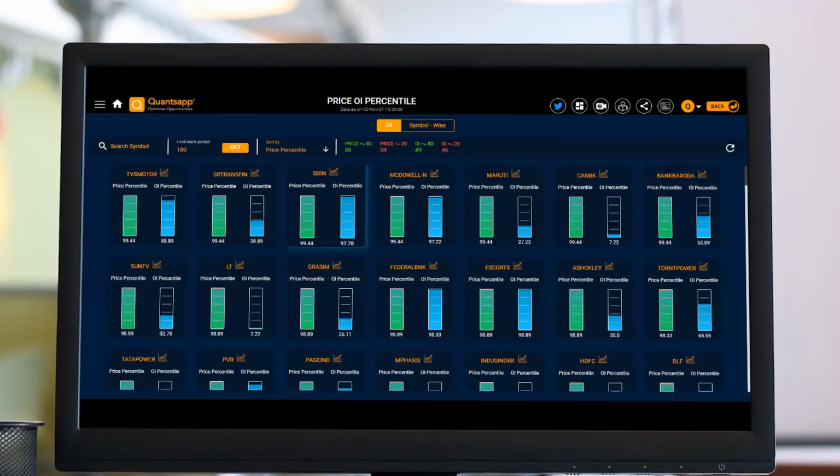No. Because we don't know what the historical strength of the stock is. Let's say if the stock is moving on a downward trend like this,